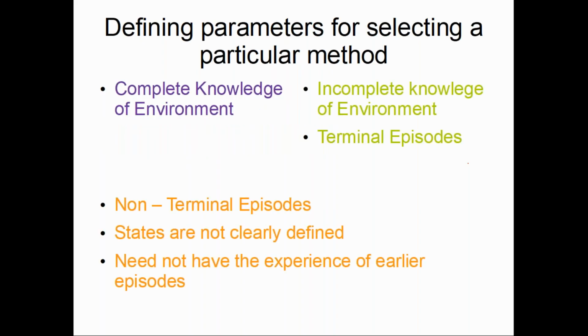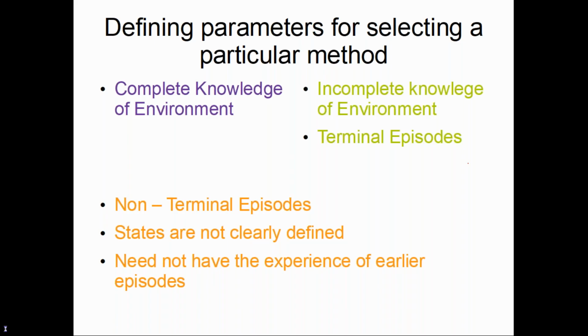In dynamic programming, complete knowledge of the environment is required, right? The Monte Carlo method need not have the complete environment, but a complete episode is known. Entire episode, limited episode, number of states is very clearly known. Whereas the temporal difference method, temporal difference is a huge subject further, where the environmental dynamics are huge and you are not so clear about the environment.